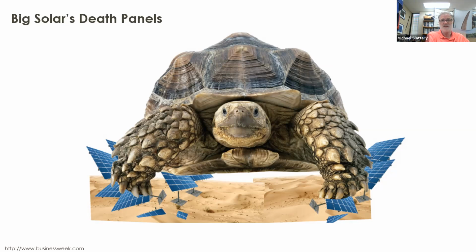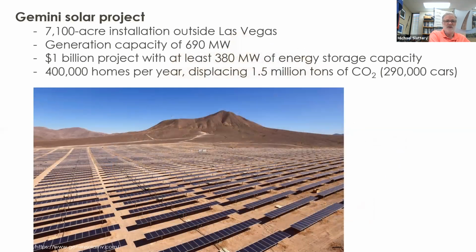But it was a very legitimate lawsuit, still not resolved. Just incidentally, this is going to be the biggest solar project. Looks like it's going to go ahead. About 50 kilometers just outside of Las Vegas. This is the Gemini solar project on about 7,000 acres. This will have a generation capacity of 690 megawatts, right, on the ground. It's $1 billion. The interesting thing here is that along with this, they are building a 380 megawatt storage facility